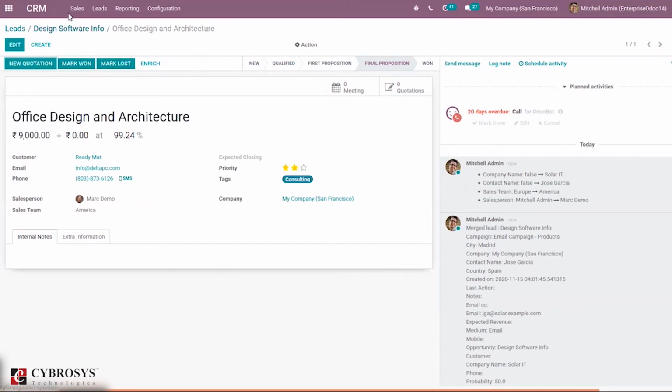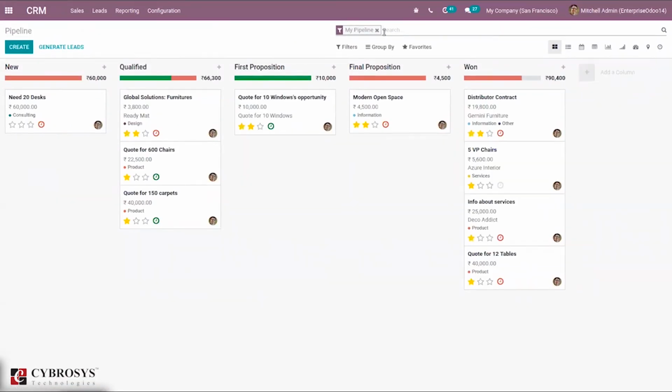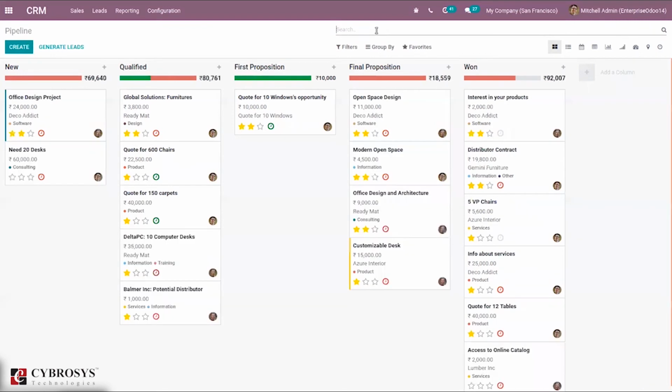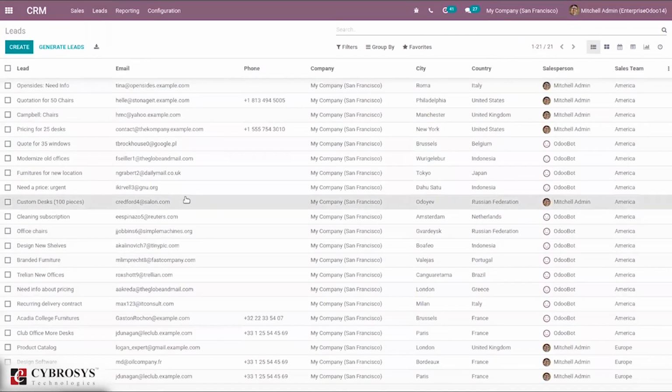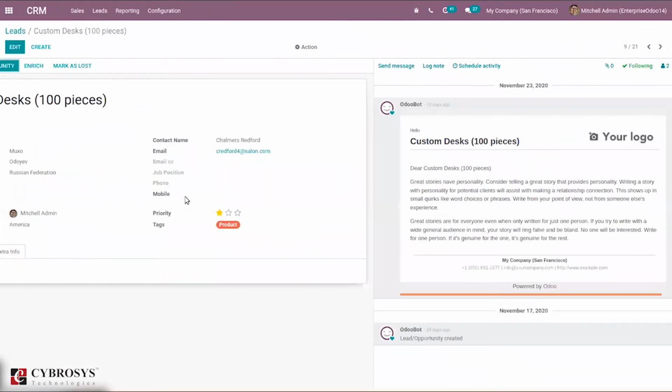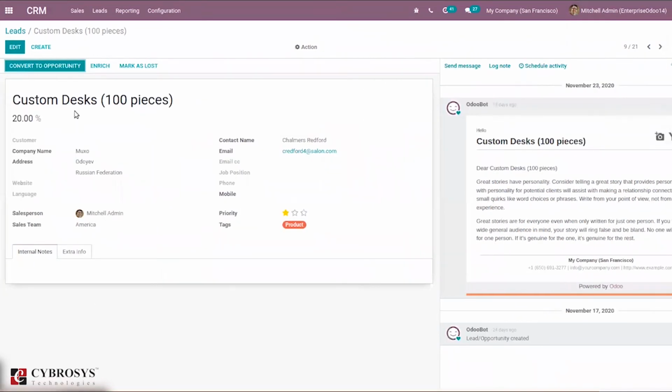When you come back to our pipeline, you can see the opportunities created. If I again go to leads and click convert to opportunity, this is my lead, that is Custom Desk.